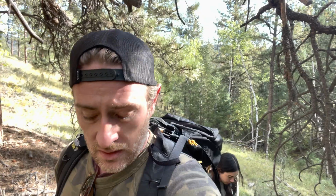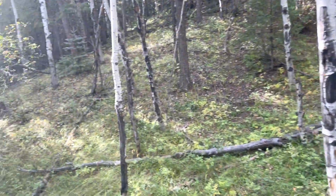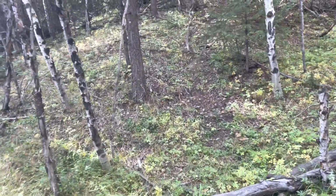All right, we're going to head up to the top of this little hill here and send up the drone. Oh, wow, a lot of animal tracks. But yeah, so I'm going to send up the drone here in a minute. Take a look around this area, get our bearings, and see what we see. All right, it's a pretty well used little game trail here. So we'll follow this up to,